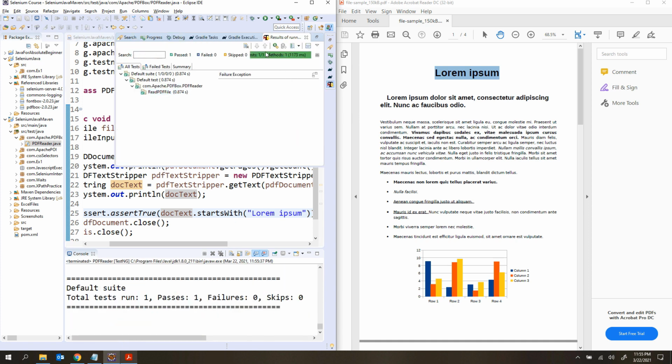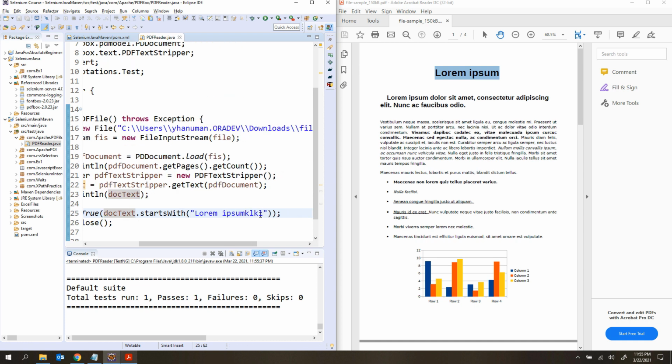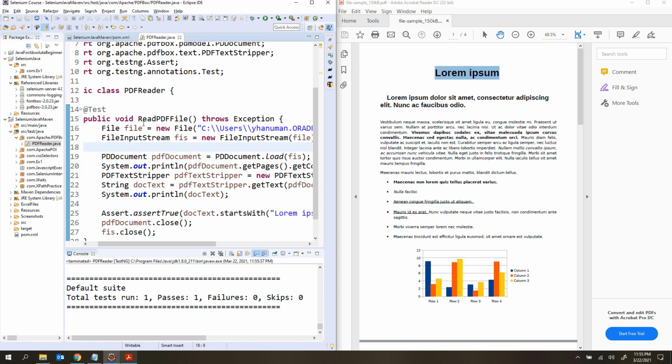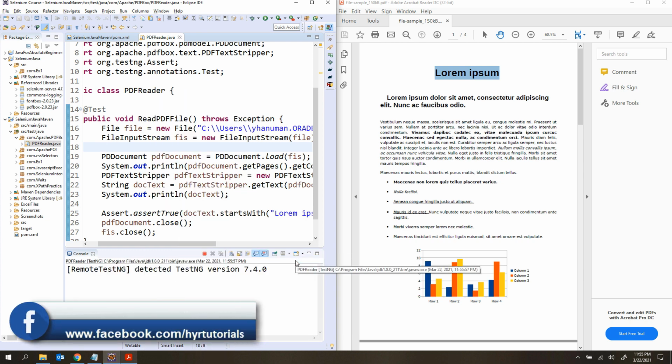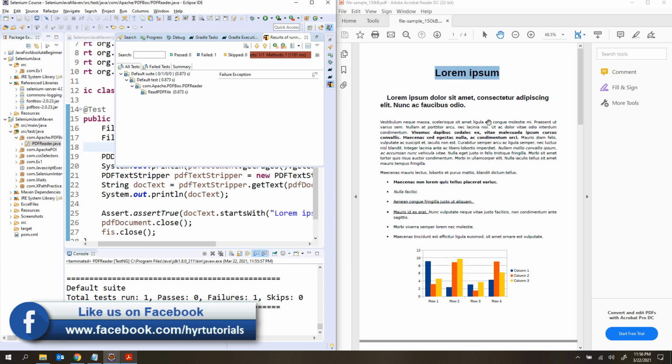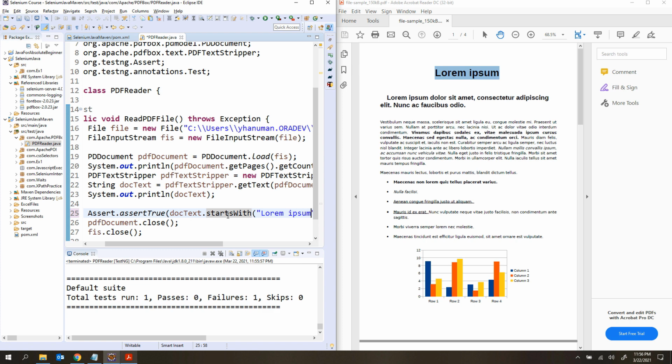Here you can see the test actually passed, right? Run is 1 and pass is 1. That means the assertion I have written is successful now. If I put another character here, this is actually not starting with this text, right? So this time let me execute this. This time it should fail, guys. Because it is not starting with the text, you can see the assertion failed, right? So this is how we have to perform the assertions.